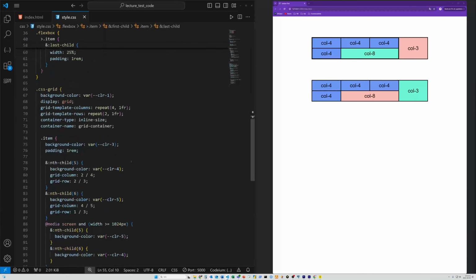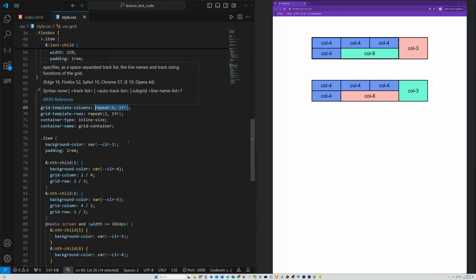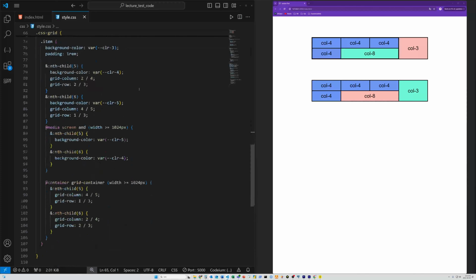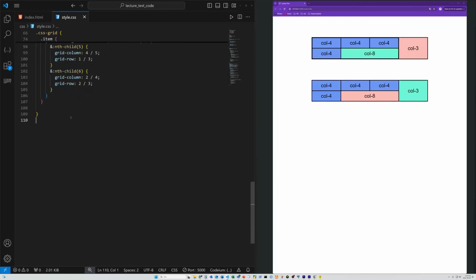Let's look at something else. We've already discussed this thing. It's actually a function as well, a CSS function. And there are more functions to this. Some of them are working only with CSS Grid, some of them are working with both, and so on. There are so many that I don't want to go through all of them. But I'll tell you a couple of things that you really need to focus on, like